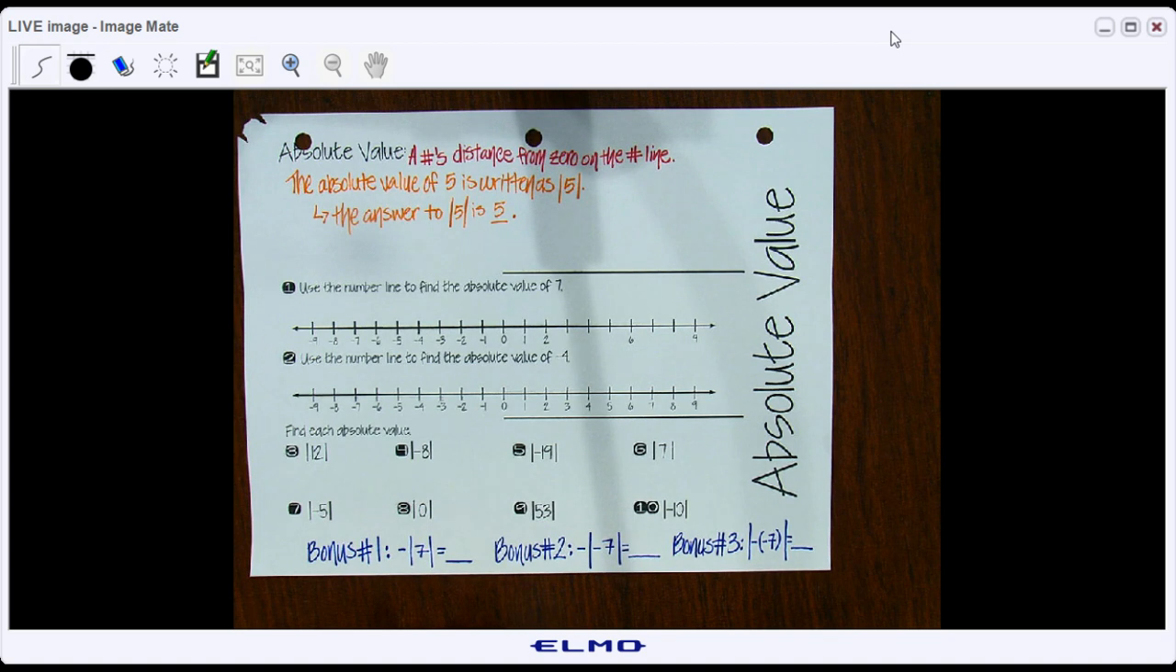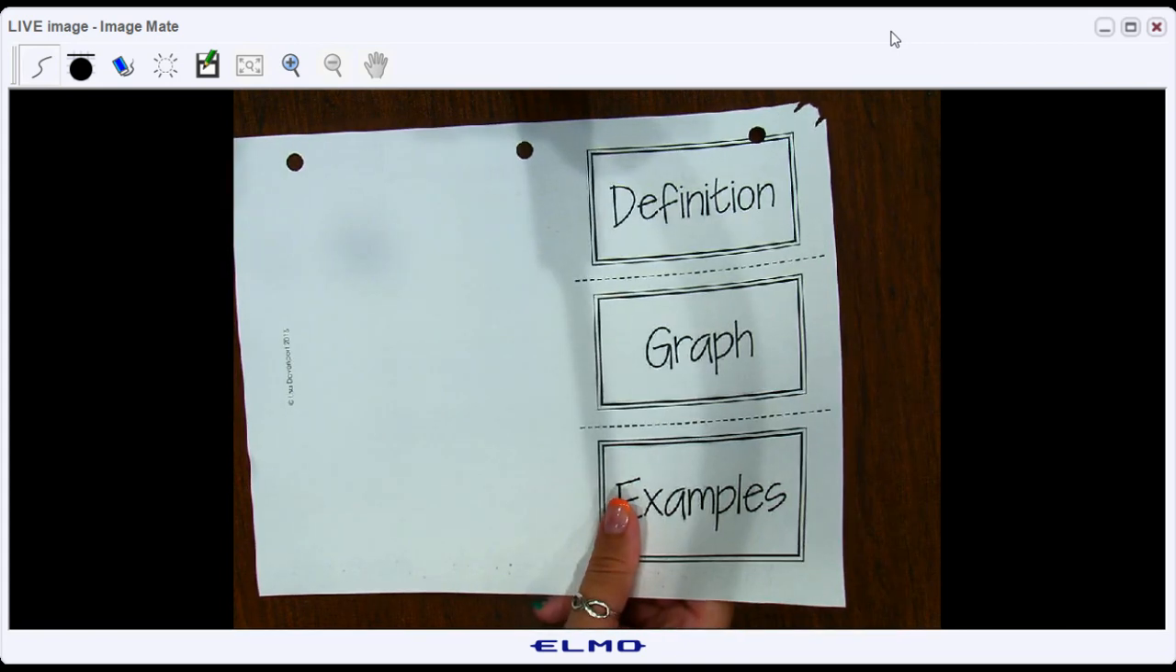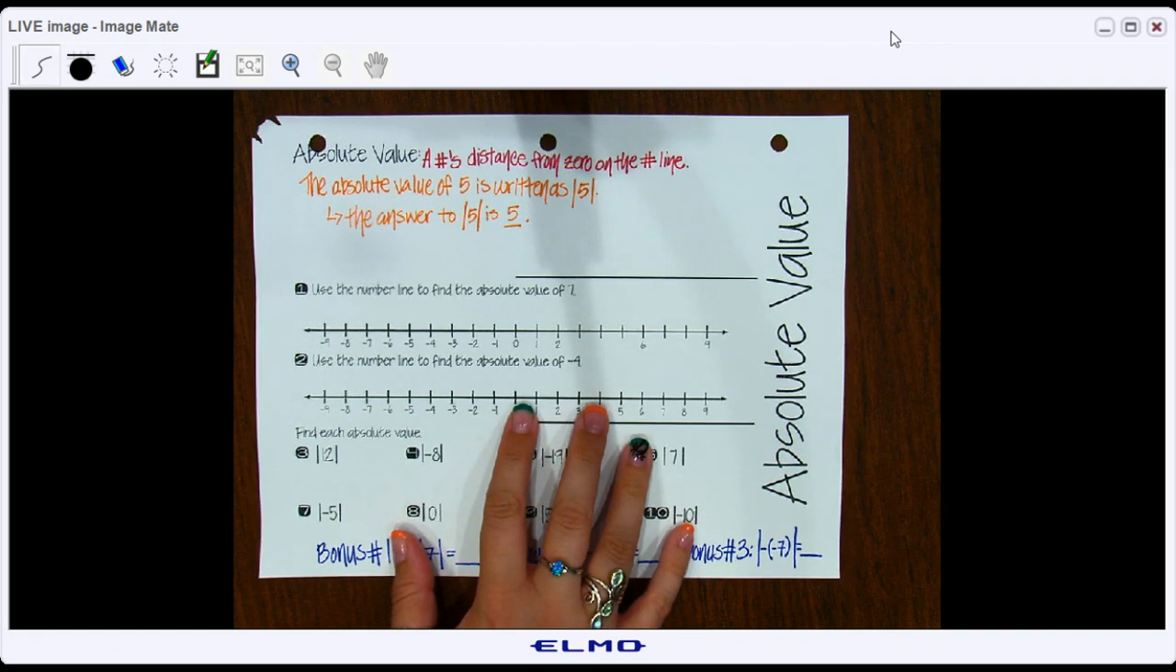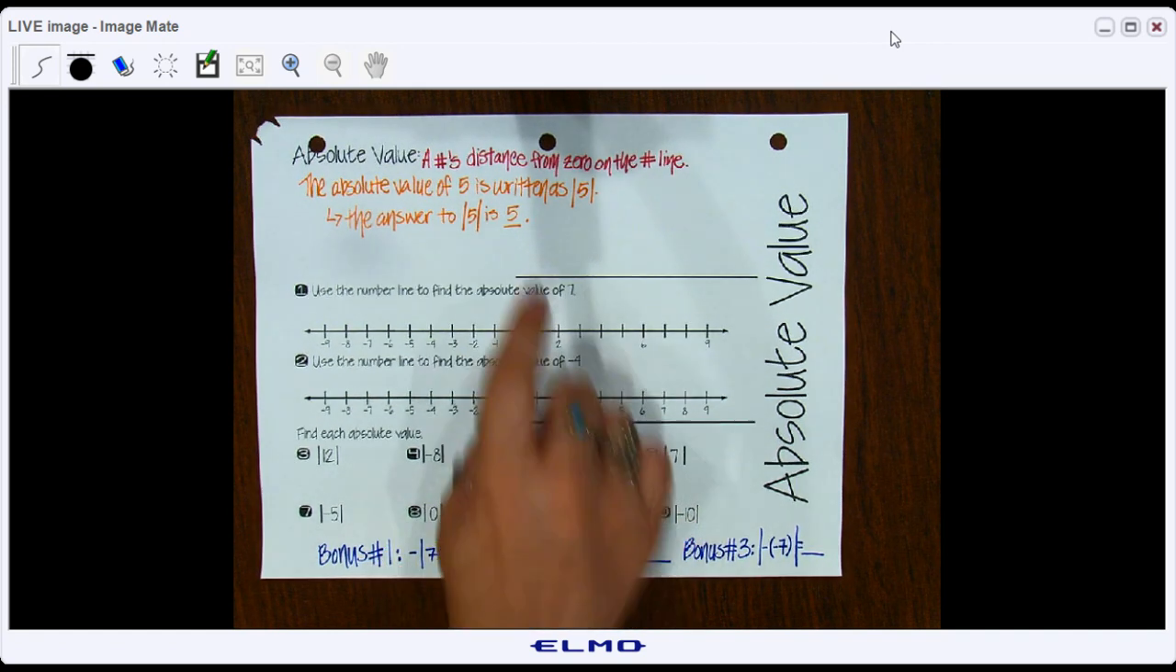Hello, my little mathematicians. Today we're going to go through absolute value. And we're going to do it using the foldable that looks like this on one side and this on the other. Okay? So to get started, for the definition of absolute value, the absolute value is a, not hashtag, but a